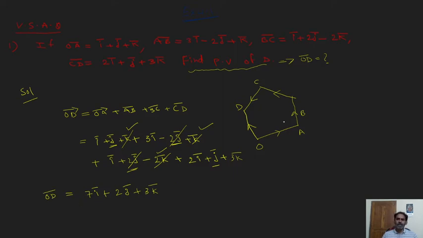Just adding, OD bar. This is by addition of vectors. OD bar is OA plus AB plus BC plus CD. The resultant vector is OD bar. That's all. This is question number 1. Next,